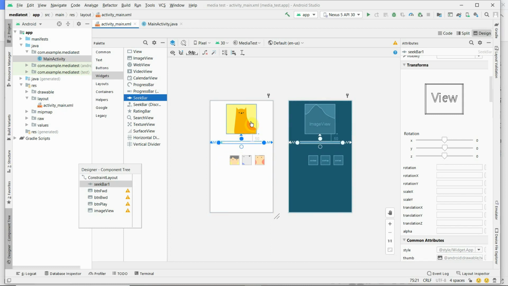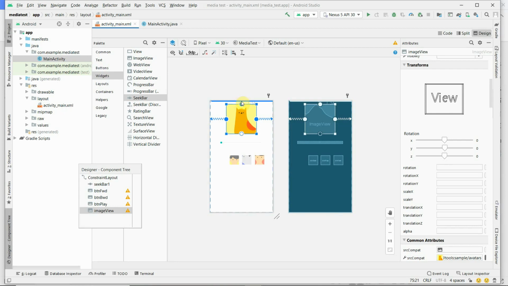The same for the image view, both horizontal and vertical. Here we fixed it related to the parent: top of the image view is fixed to top of the parent, left of the image view to left of the parent, and right of the image view to right of the parent.